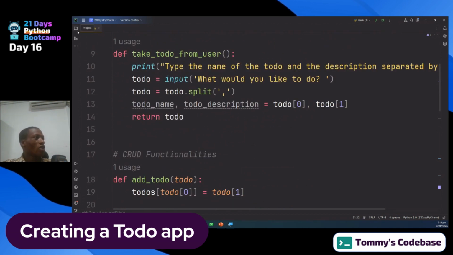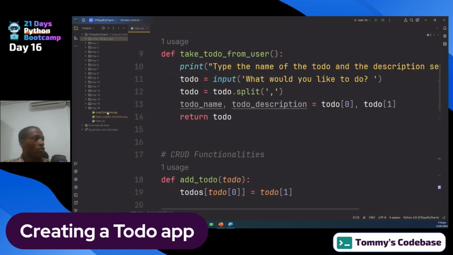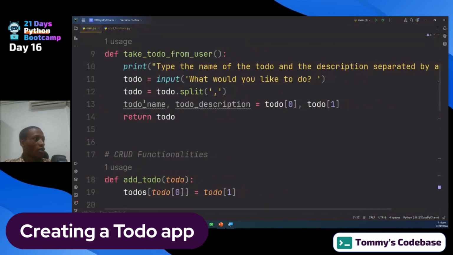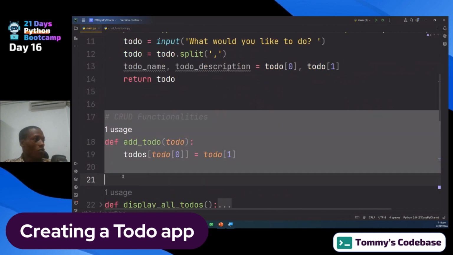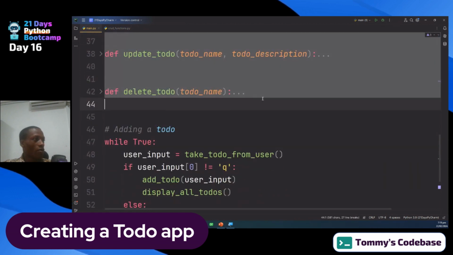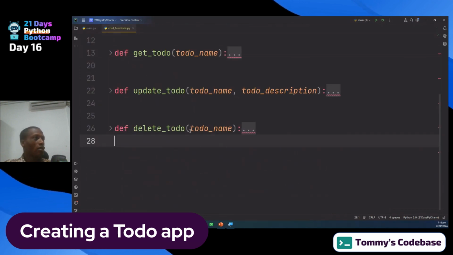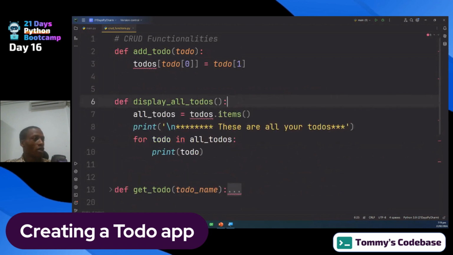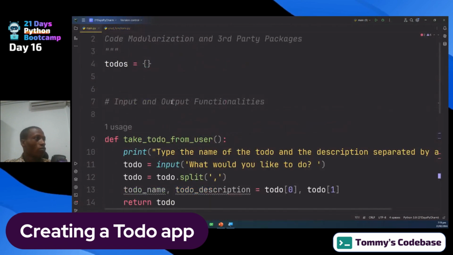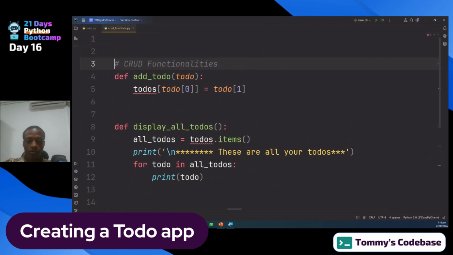Okay. So what I'll do is I'll open up the other files, so the crud functions file first, and I'll come and copy everything here. Let me actually cut it and then paste it inside this crud file here. It is complaining because it doesn't know to-dos. Okay, so what we have to do is, if we put another to-dos here, sorry about that, if you put another to-dos here at the top of the file,